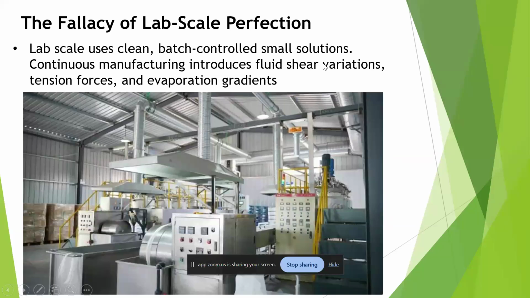As I previously mentioned about the effect of shear thinning in most of these polymers, which we are using at higher mechanical stirring rates compared to the magnetic stirrers, the total nature of the polymer dope will be completely different, and the evaporation gradient and the tension forces associated with that will come into play, and that will result in the production of hollow fibers and flat sheets which are of the same composition but of different quality